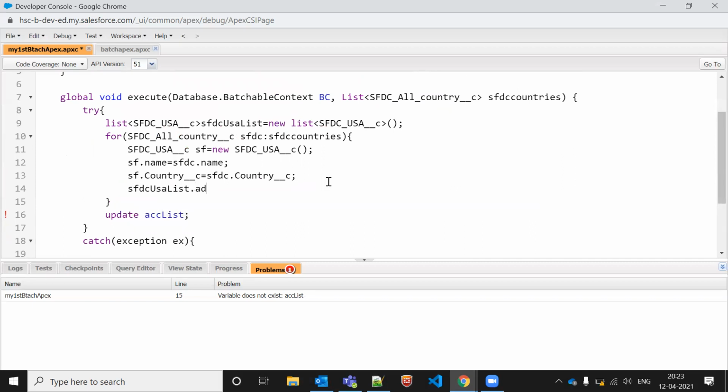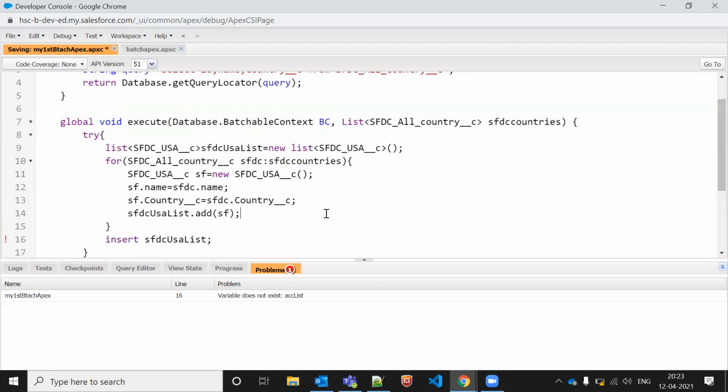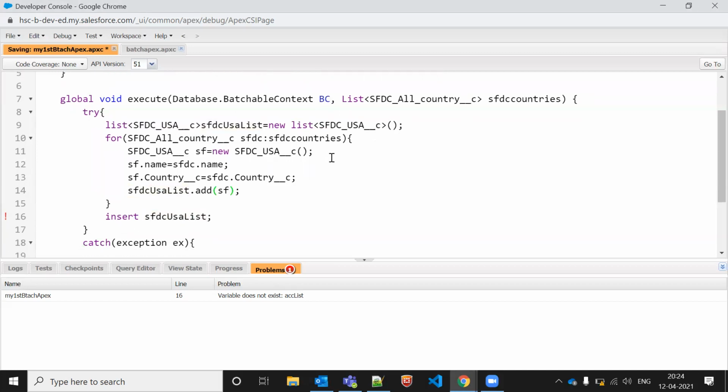If you want two, then we will add a condition: if country is equal to so and so, then. Accordingly, we have to add the country name, the if condition, and then we can do it. So now let's insert this country. Line number 16, where is this? Oh, this is illustration. Okay, it's saving now.